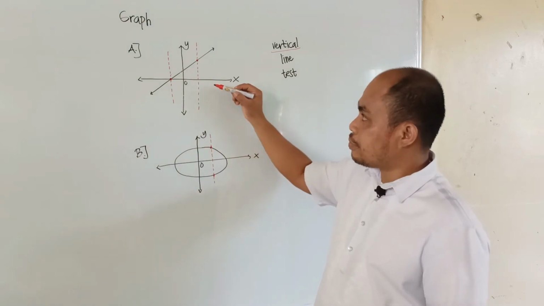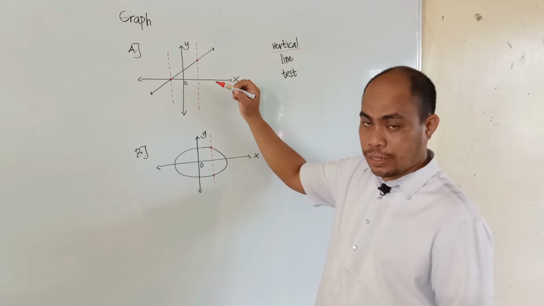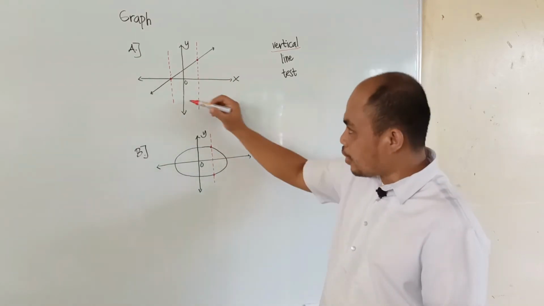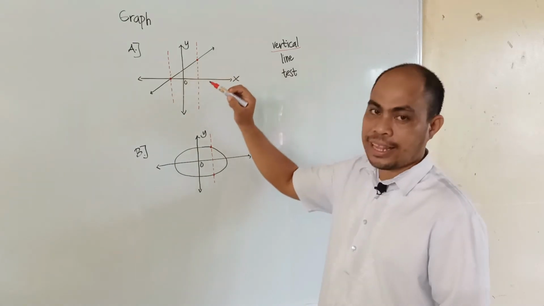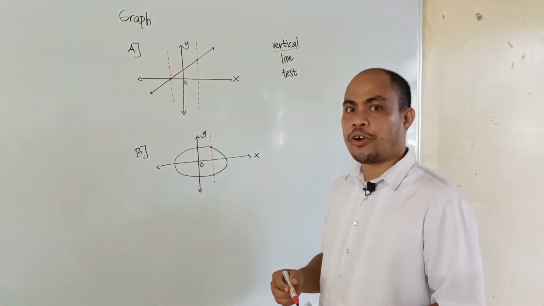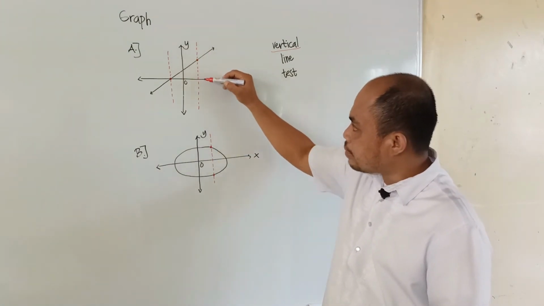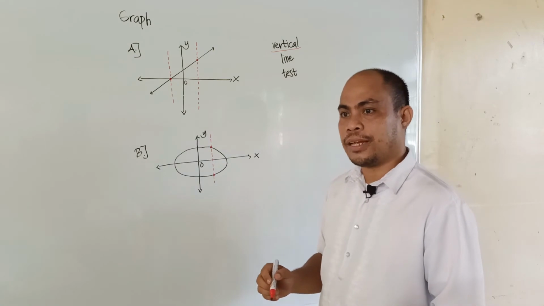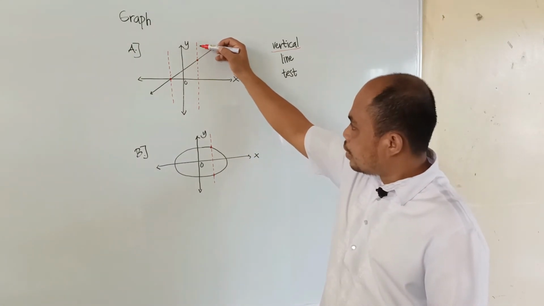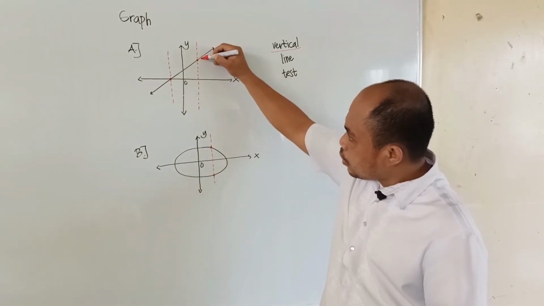So you have this graph. What kind of graph is this? Linear graph. Kasi yung graph naman niya ay straight line. Now, the color red here represents the vertical line. Ginawa ko lang broken line para mas madaling makita. As you look here, if I'm going to test it vertically, in vertical line, so yung graph natin